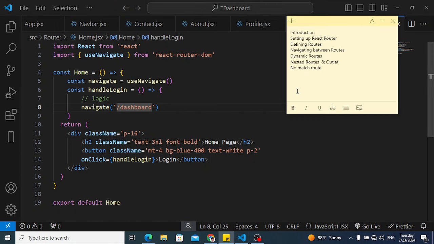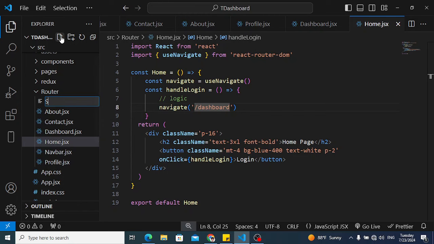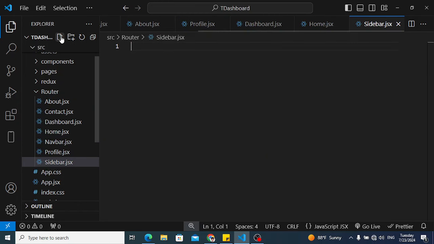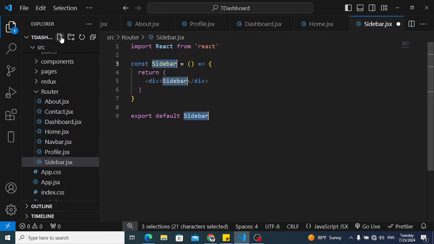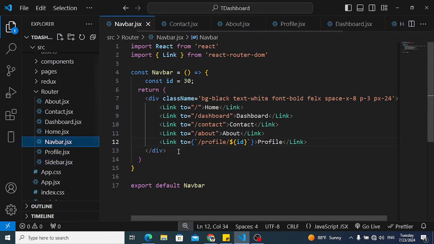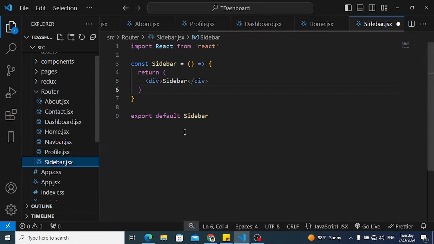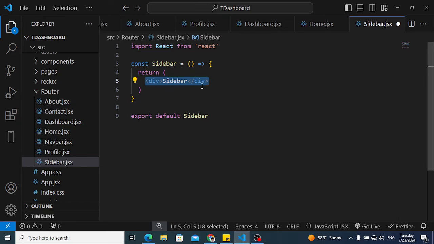Now what else we need to do? Nested routes and outlets. For example, we have a sidebar here in the dashboard, and we would like to dynamically change the content of this dashboard. Okay, so let's do it. Let's first of all create sidebar. Inside the sidebar, it's our FCE. Let's move to navbar. I will just copy the code of navbar here to the sidebar, paste it,